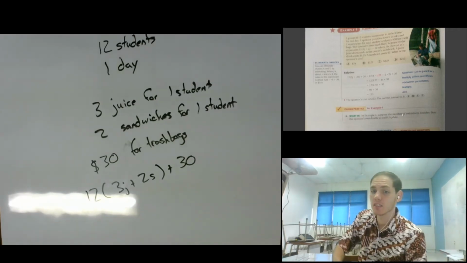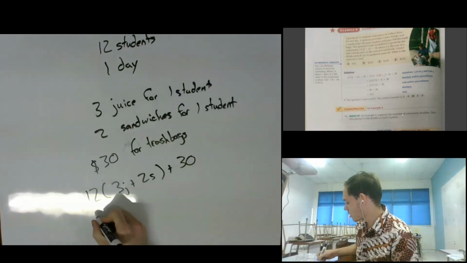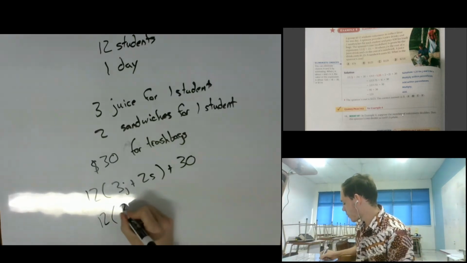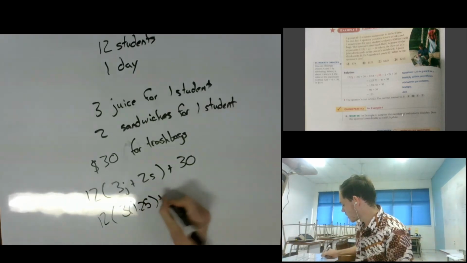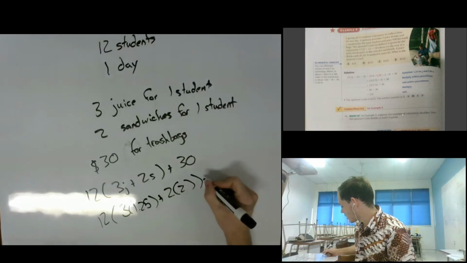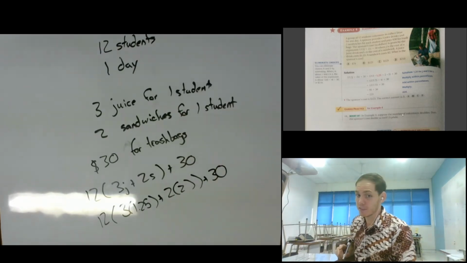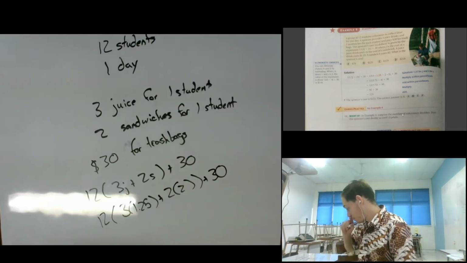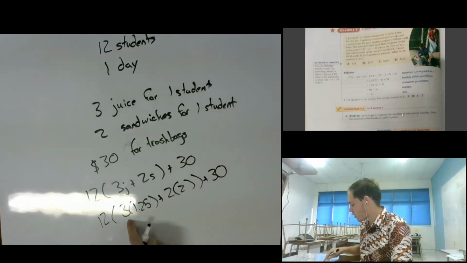A juice costs $1.25. A sandwich costs $2. Again, guys, I don't think I would be paying for this, so if you're like, Mr. David doesn't like us because he's not paying for 3 juices and 2 sandwiches, then I'll just say, unfortunately, I don't have that money. Okay, so there's only 12 students, so 3 times 1.25 is going to give us